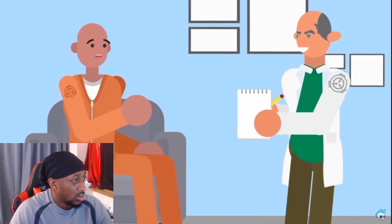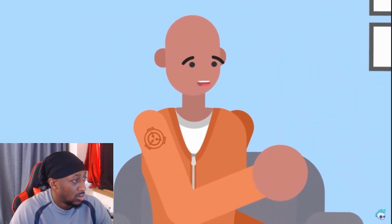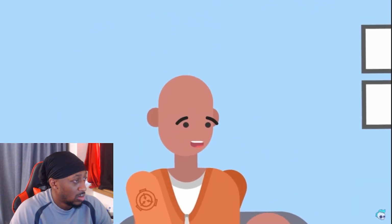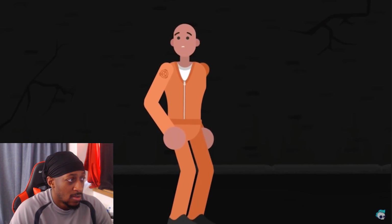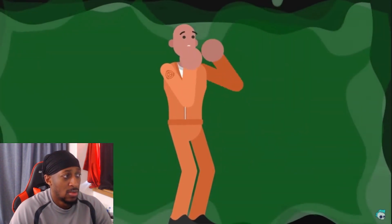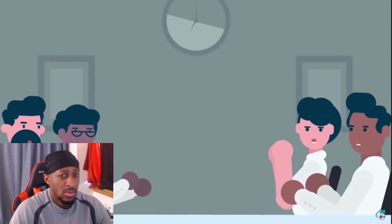He remembered deep terror, and memories being forced into his mind that made no sense, as if they were artificially implanted. And he remembered not being alone. He described a massive green being, large enough that he couldn't see where it began and where it ended. The Foundation didn't know what it was either,